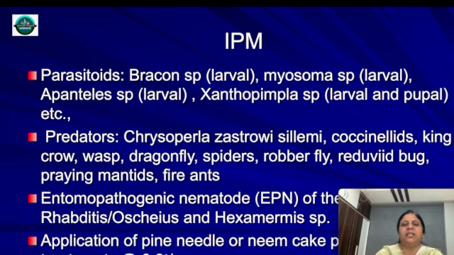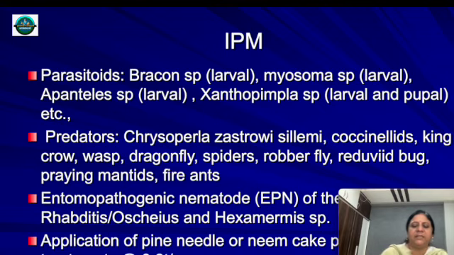Use of parasitoids like Bracon, Apanteles, Xanthopimpla, and predators also. Now, Chrysoperla, many farmers have learned the technique of rearing these Chrysoperla, coccinellids, reduviid bugs, and all. Those are commercially also available. Entomopathogenic nematodes like Steinernema and Heterorhabditis control many pests of the horticultural crops. Application of neem cake and neem seed kernel extract, neem oil. These things also play a very important role in killing the